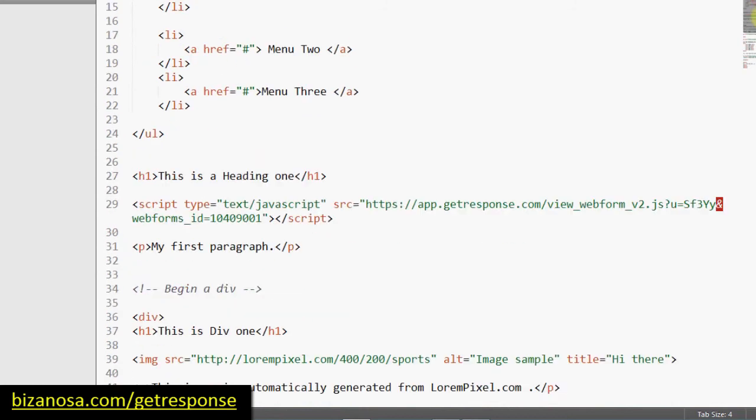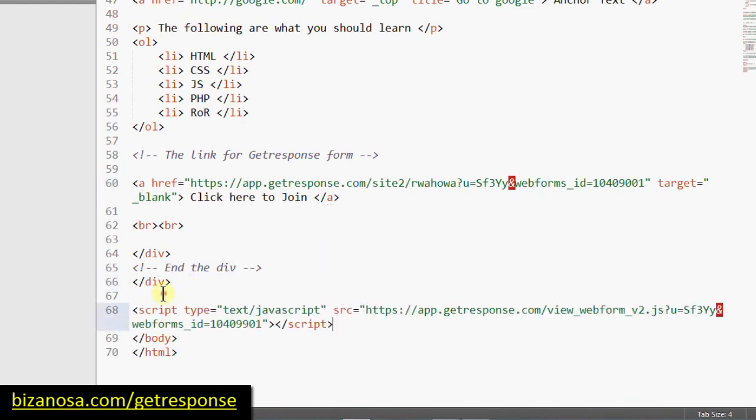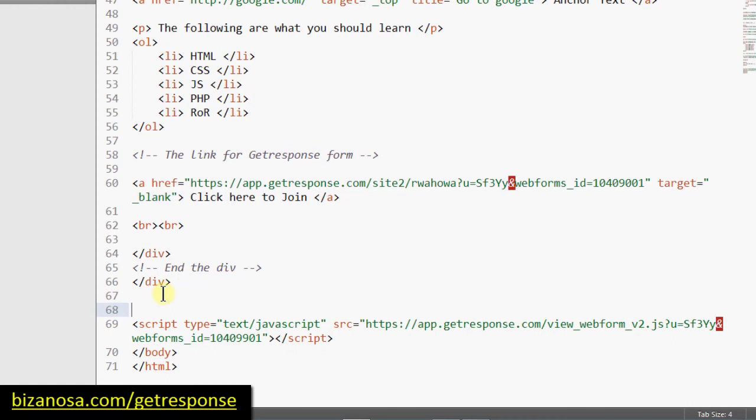And for this one, I want to put it down here. Control V. And let me comment it and say exit pop-up. There we go. So that's the comment. And then if I save it,